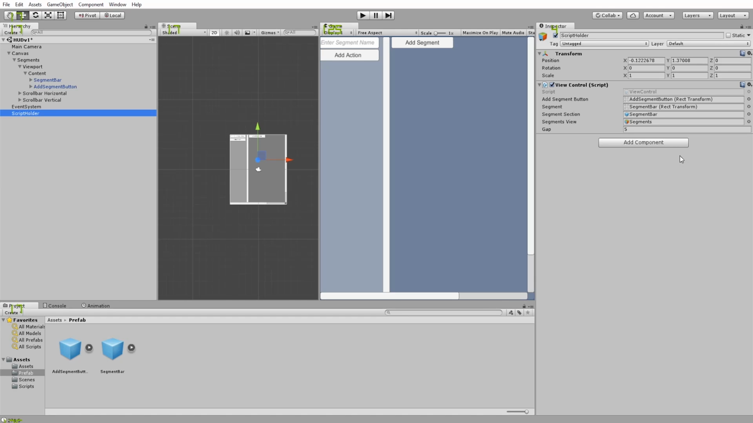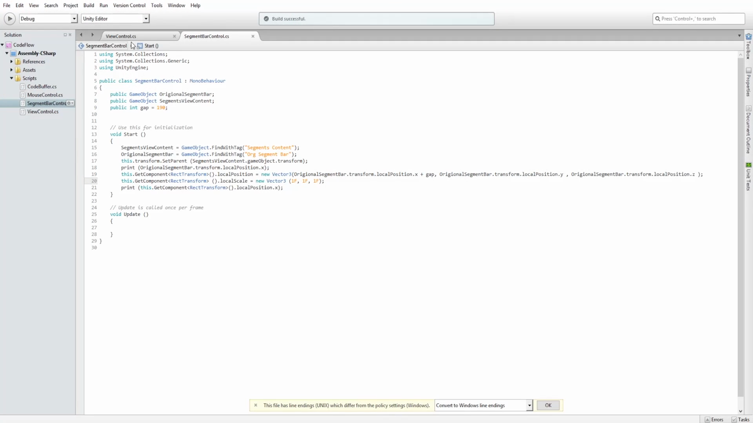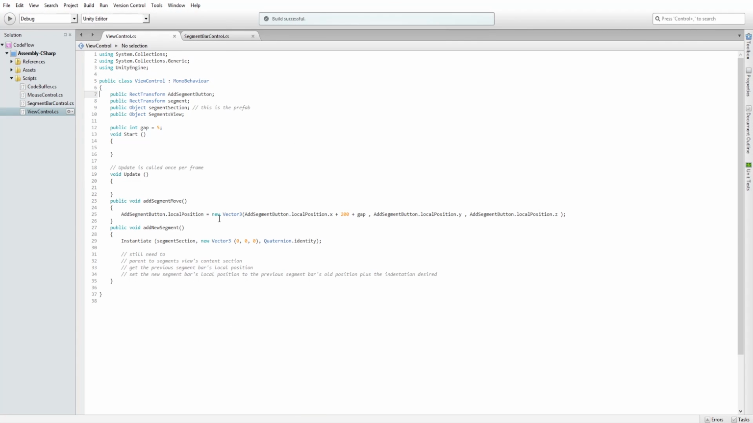Segment bar, segments, view, segments. So let's go ahead and open that. Do we already have it open? View control? We do. Okay, so local position, blah blah blah. Still need to, already did that. So new spot plus the indentation. Okay, so once we do that,